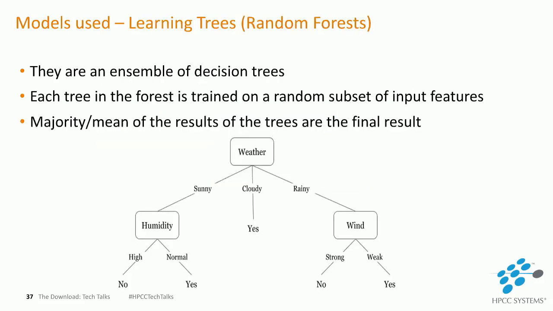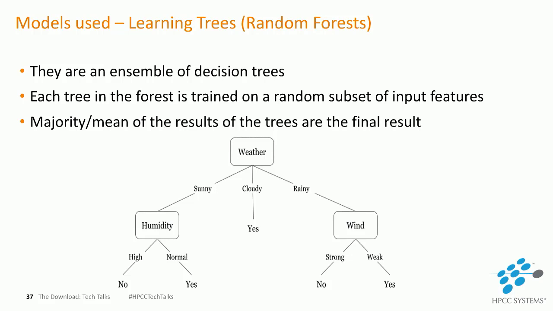Right, now the models that have been used, I'll just try to give you a brief overview of it, some intuition or some sense of what's happening. Now, random forests, or more popularly known as learning trees in the HPCC system, are basically an ensemble of decision trees. Decision trees are tree-like structures where the internal node tests a subset of the input features, and based on that, it tries to send it down to a suitable child node. And the leaf node is the ultimate classification of it.